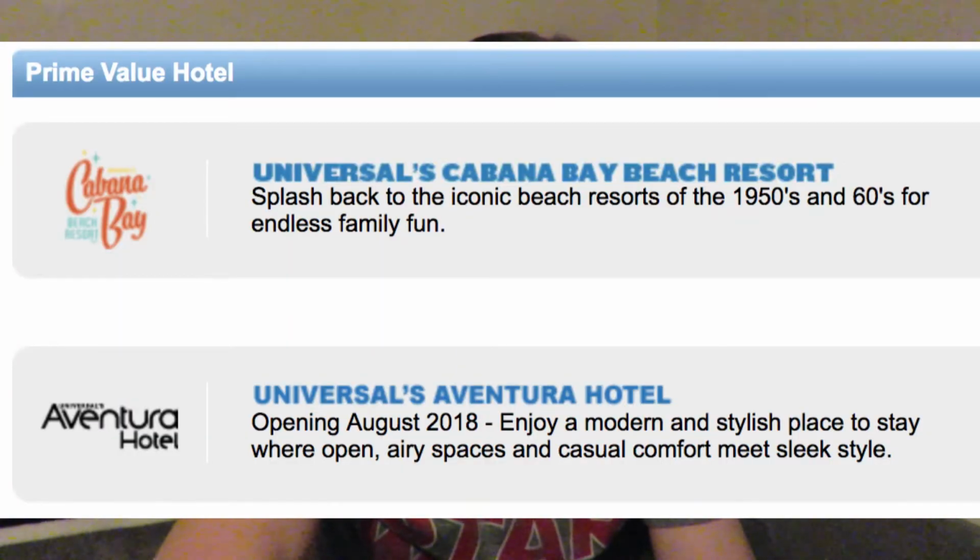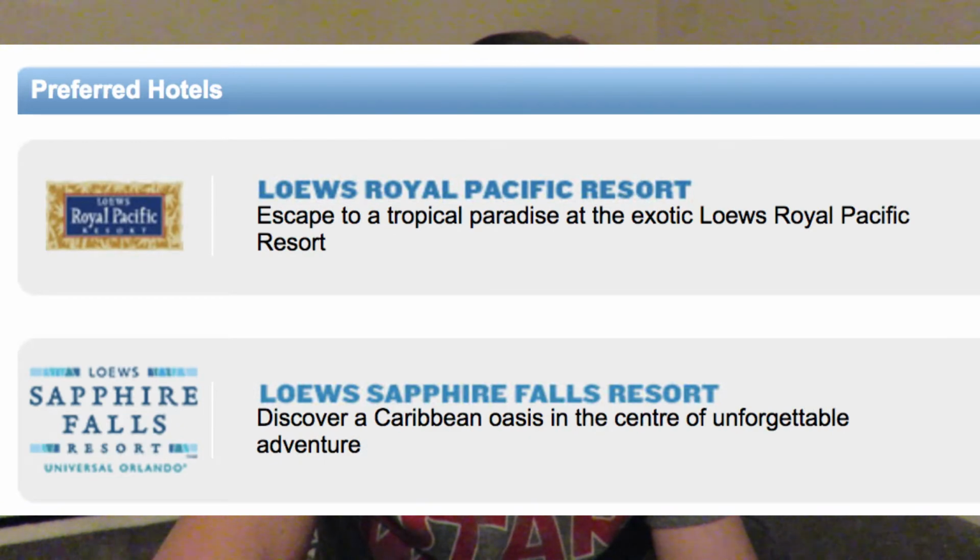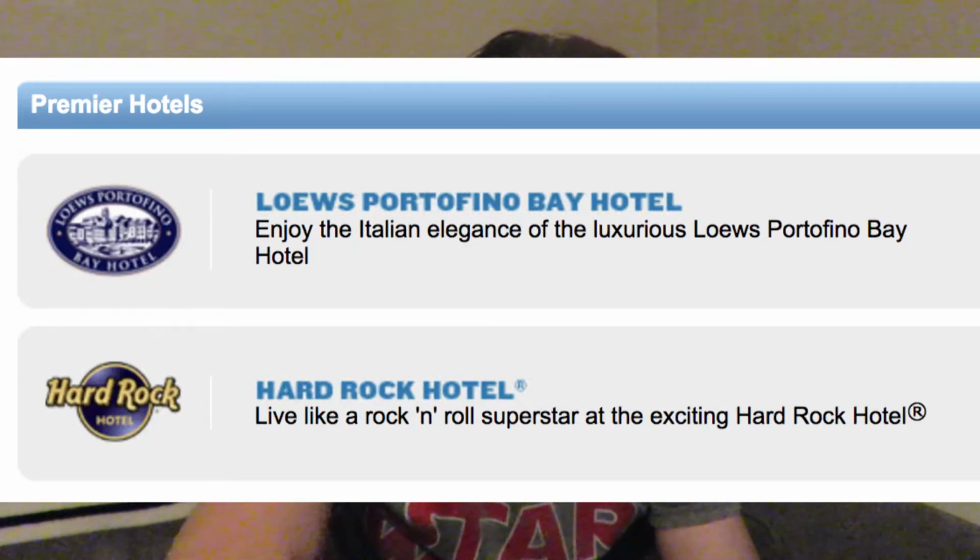Universal, which is another resort, now has up to 6 hotels, 3 deluxe and 3 budget moderate. So you've got Royal Pacific, Portofino Bay and Hard Rock. They're your deluxe hotels. These are the only hotels you can stay on that include the fast passes. These are all unlimited fast passes as well, which is a big plus because the fast passes themselves are $100